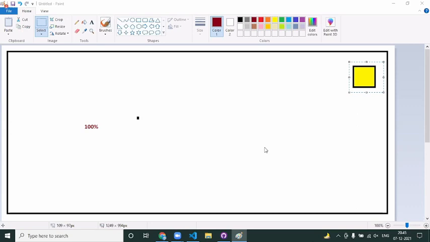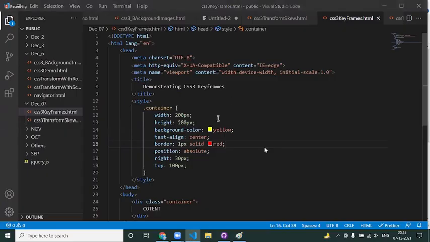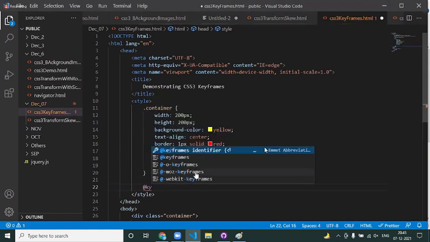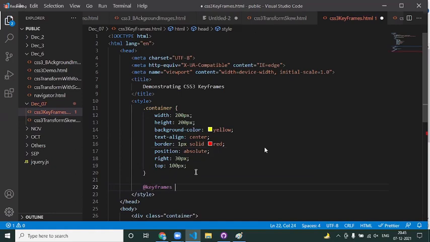Anytime you want to implement keyframes, we define a keyframe with something called @keyframes. It is a predefined keyword in CSS, using which you can specify whatever user-defined keyframe name. So I say some my styles, this is the keyframe name I'm giving. In order to define a keyframe, we use the predefined keyword @keyframes, followed by the name of the keyframe. Under this keyframe, you can specify at what percentage, what look and feel you want.